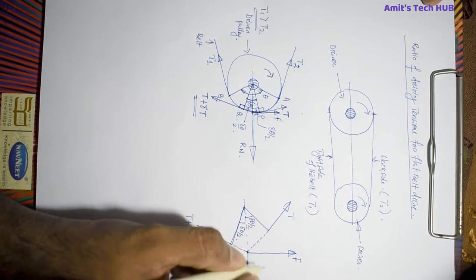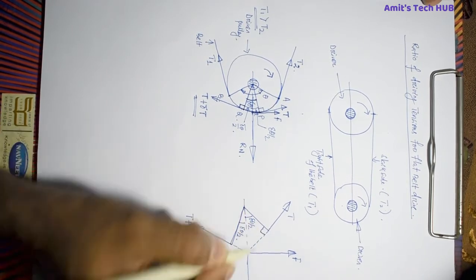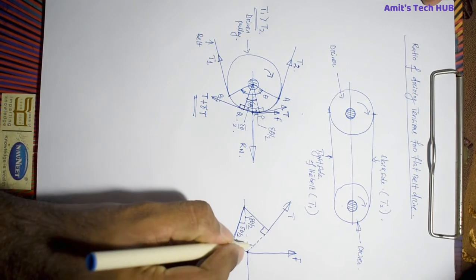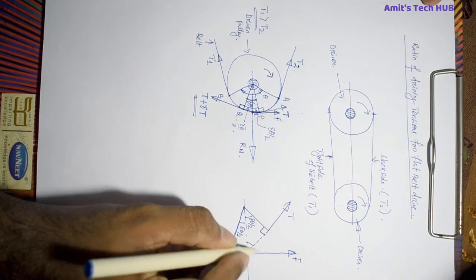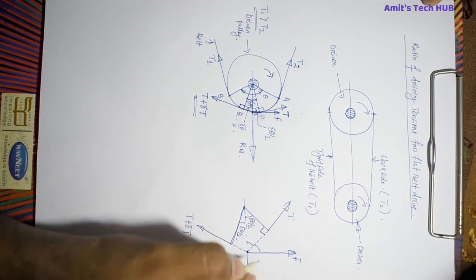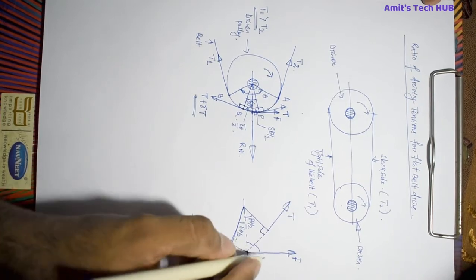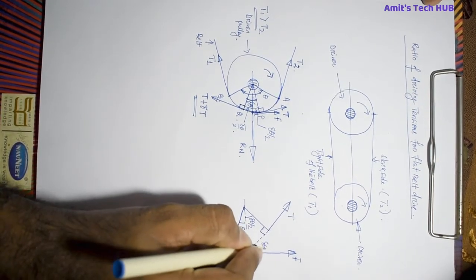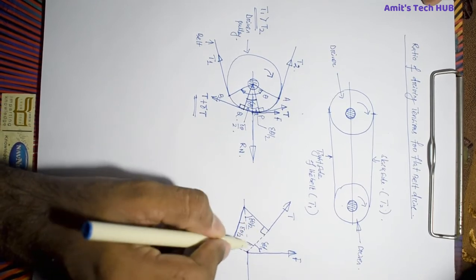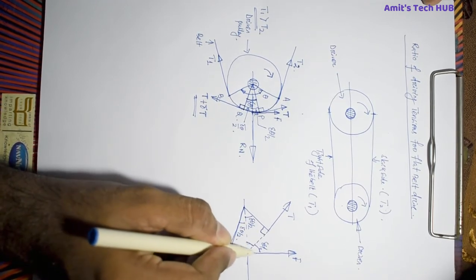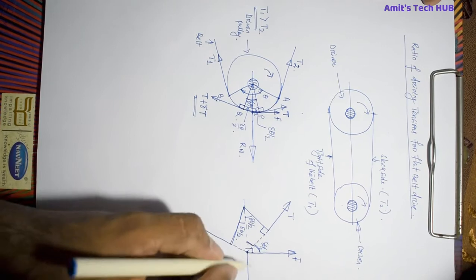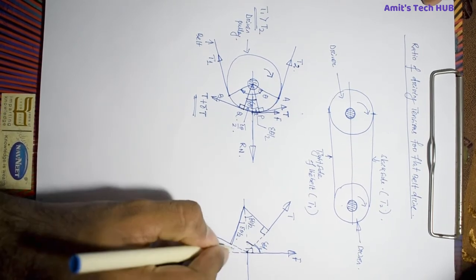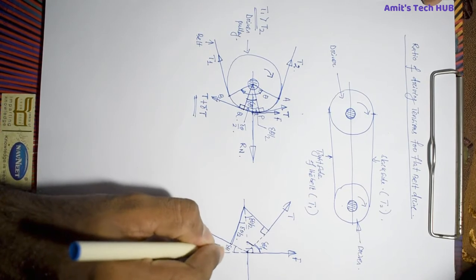Now what should be the angles? This is 90 degrees, as we know. So what should this one be? This is 90 minus del theta by 2. And what should this angle be? This angle is also del theta by 2, because this is del theta by 2, this is 90, so this is 90 minus del theta by 2. Again this is 90 degrees, so this is 90 minus del theta by 2, so this is del theta by 2. In a similar fashion, this is also del theta by 2.